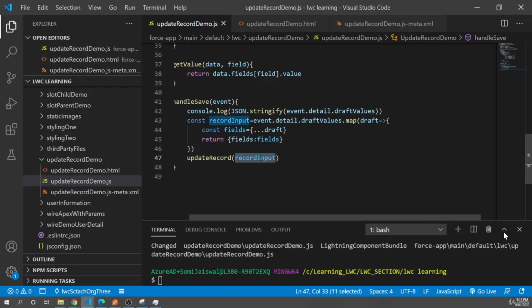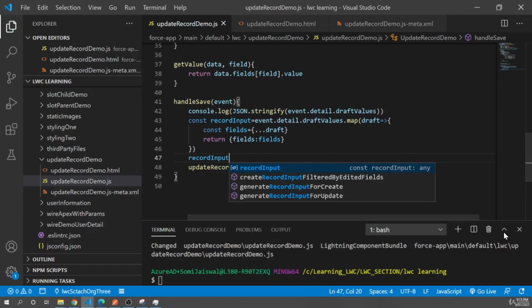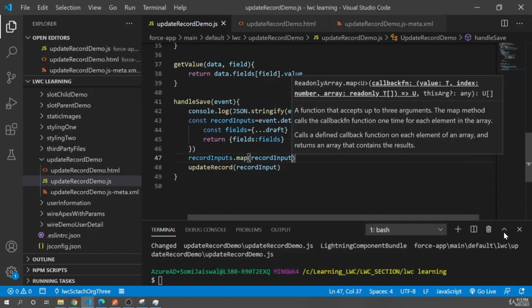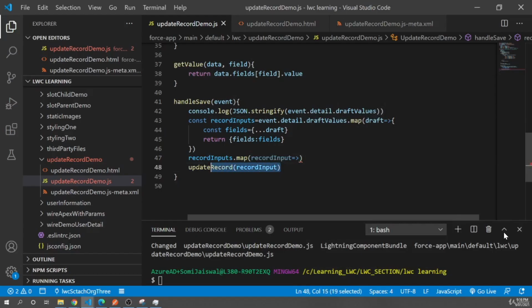But we have multiple record inputs because we are updating multiple columns, right? updateRecord updates only one record at a time. So we need to run a loop on the recordInputs as well. This should be recordInputs because now it's multiple. So we'll change it to recordInputs.map, and we'll say each input is recordInput. Each time one input will be picked up and it will pass to the